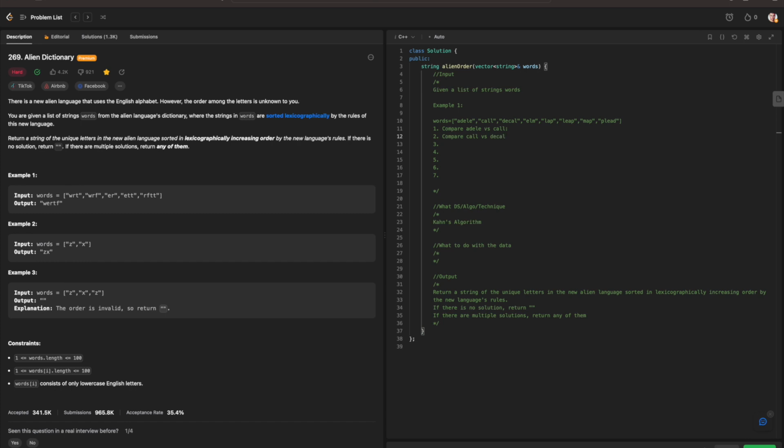Decal. Same thing. Anyway, and then we'll compare decal versus elm. Decal, yeah, it's decal. Sorry for the mispronunciation. Decal versus elm, and there's also another thing to note: all the words are lowercase English letters. So just going on this example,